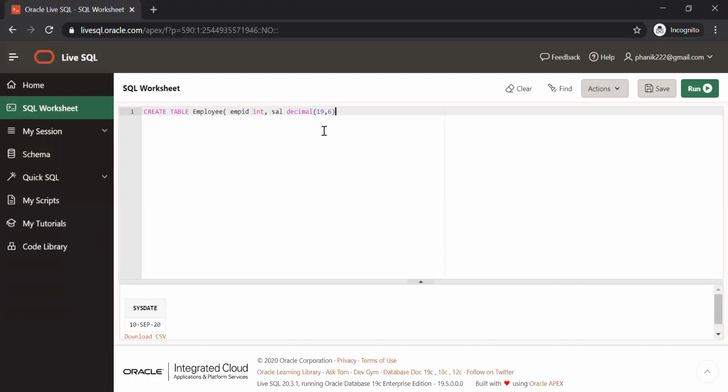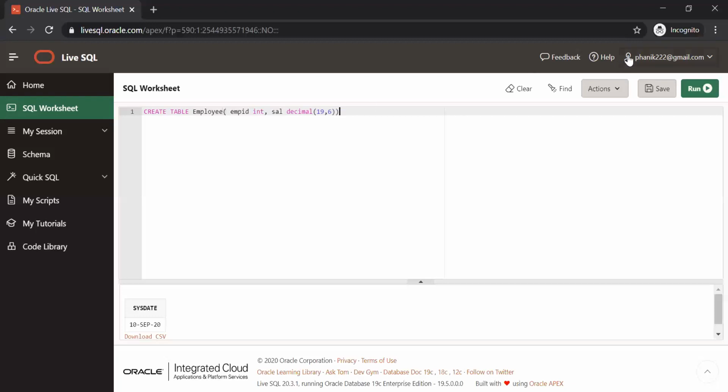There are two attributes when it is decimal or float: one is precision and another is scale. That is, how many digits the integer part can hold, and how many fractions it can hold. So I can hold up to 6 fractions, which means after the dot it can have up to 6 digits. That is the main significance of comma 6.